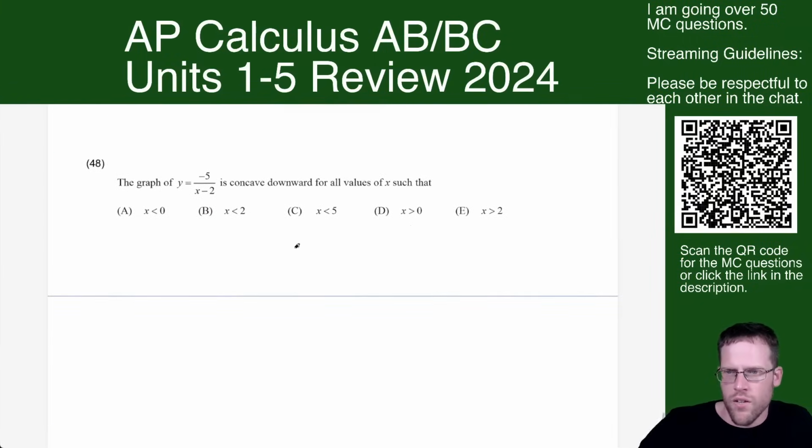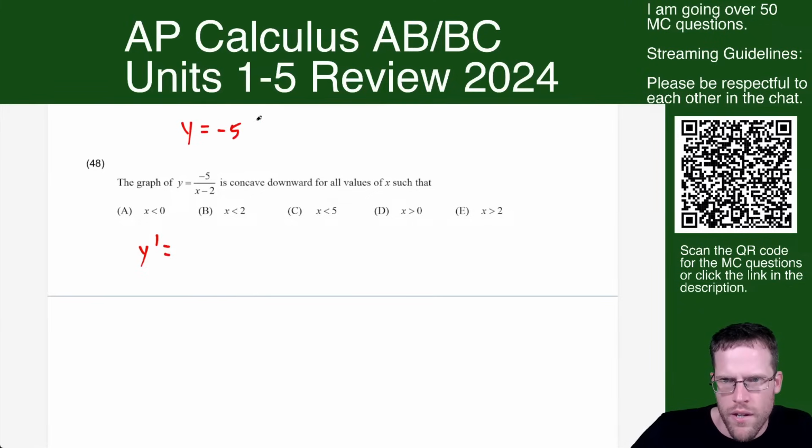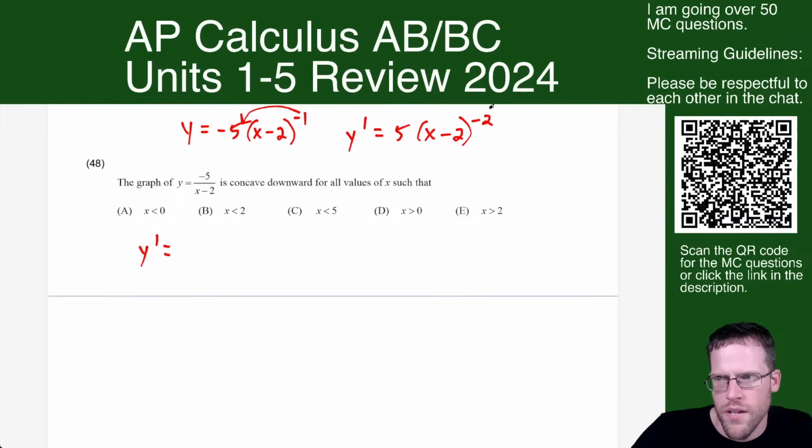So 48, the graph is concave downward for all values of x such that. So here, y prime, I'll just rename this: -5(x - 2)^(-1), and we're going to have 5(x - 2)^(-2). And now this one, I'm going to leave it b because we have to do concavity. So we need the second derivative. So y double prime now,